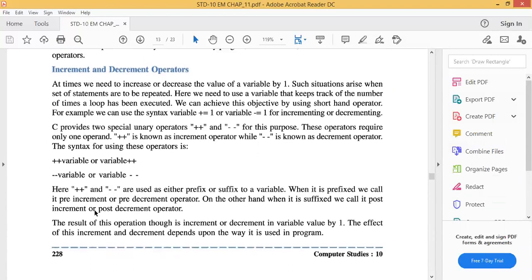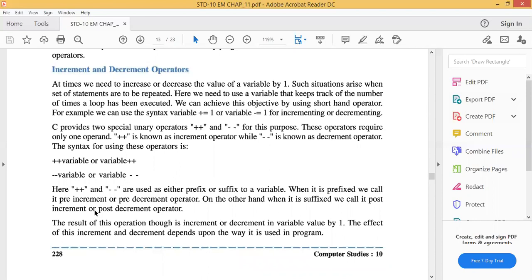Now next is the increment and decrement operator. As per the name, increment means increase the value, and decrement means decrease the value. These are the operators we use when we need to increase or decrease the value of a variable by 1. Such a situation arises when a set of statements is to be repeated. Here we need a variable that keeps track of the number of times a loop has been executed.